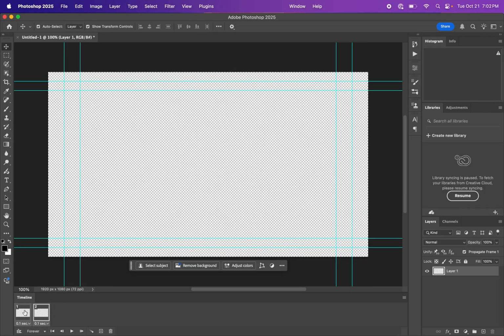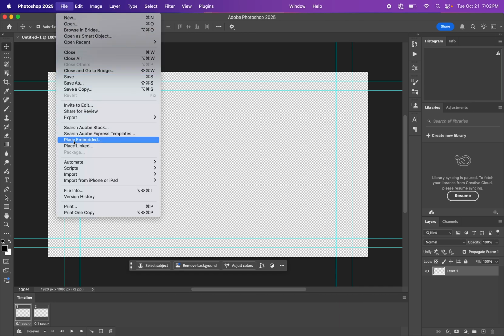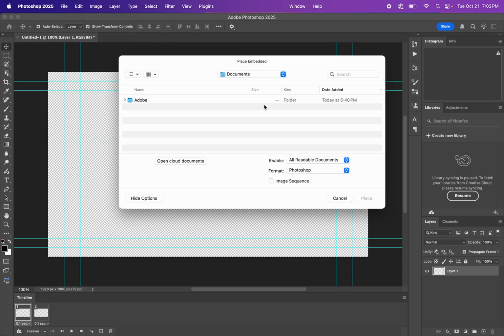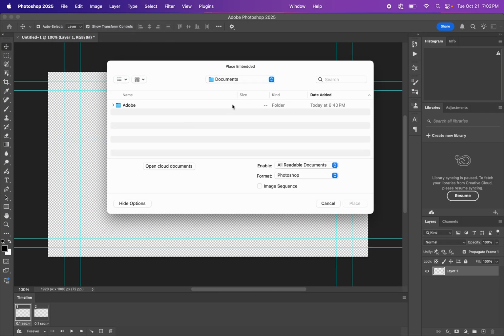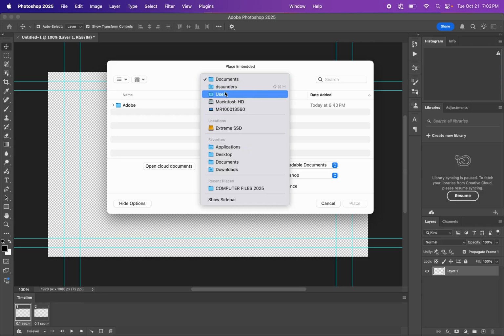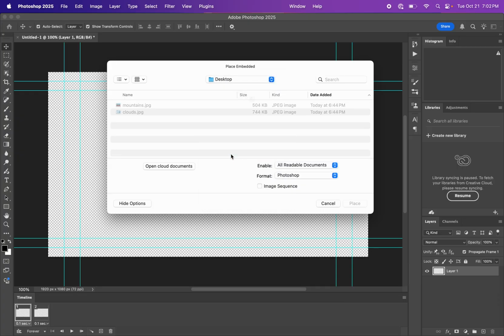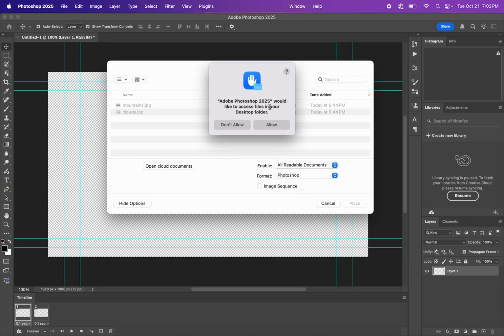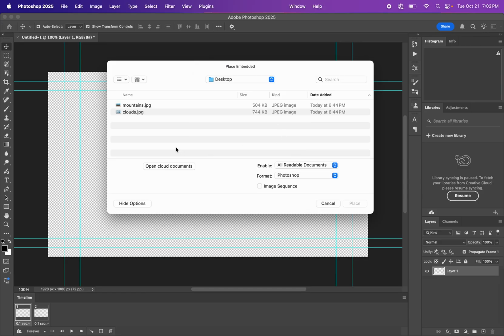So now I'm going to click on the first frame and I'm going to import my images. So the way I do that is File, Place Embedded, and then now we can navigate to where they're saved on our computer. So in my case they're saved to my desktop, so I just simply click this right here, navigate to Desktop. If this happens, then you just click Allow, and then I'm going to embed one at a time. So I'm going to click the mountains first, and I'm going to click Place,